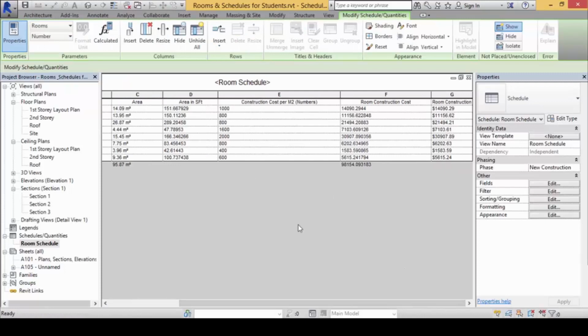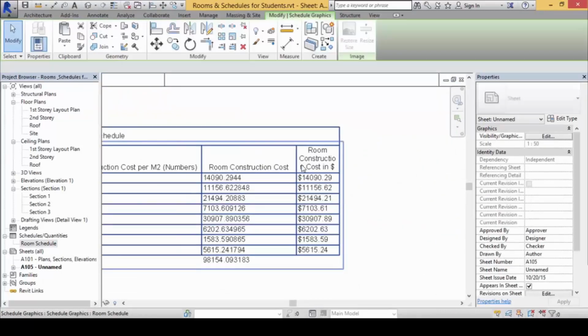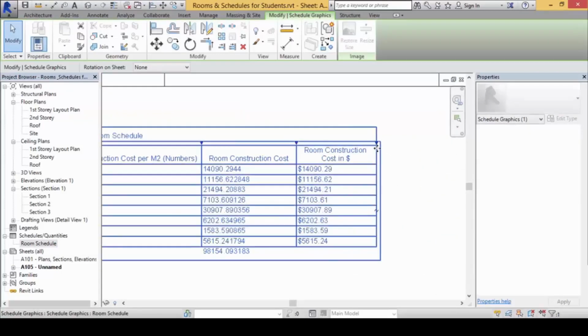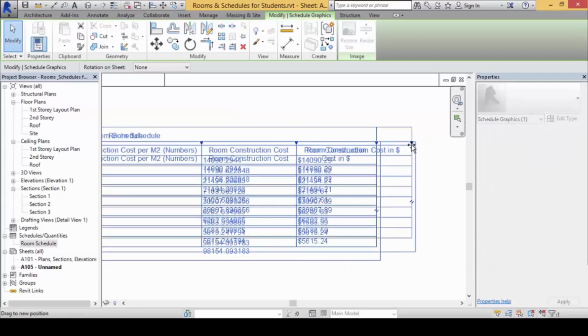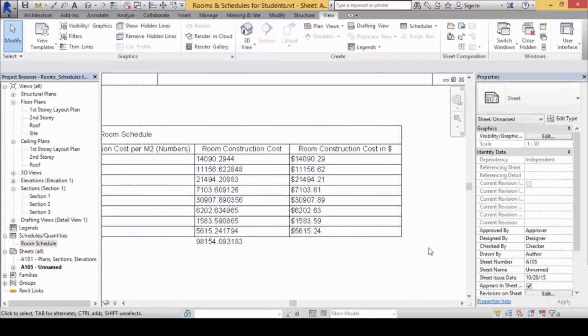I have since added in one more area down here because if you look at yours compared to mine, you will find that the room construction cost is in numbers at the moment.